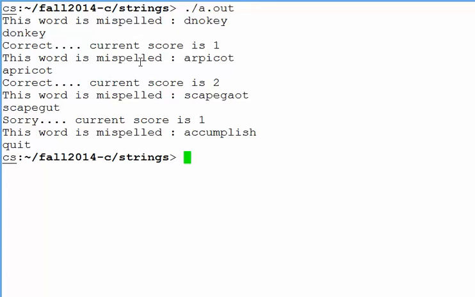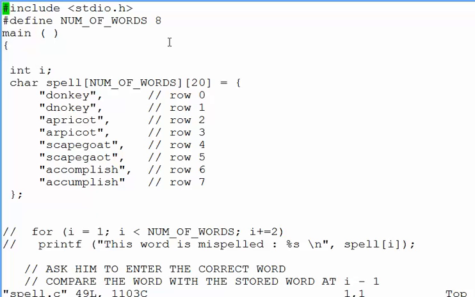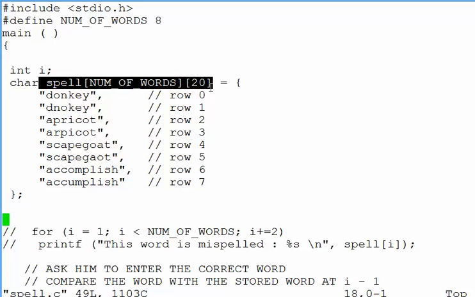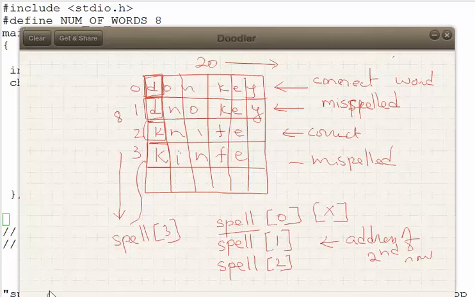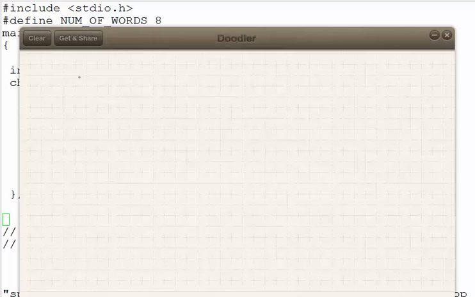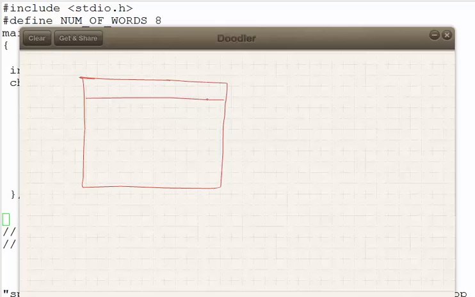So how do we accomplish this program? The initial data structure, I'm going to give it to you, and how you accomplish this is up to you. For instance, I am storing the words in a 2-dimensional array. It's up to you how you do it. The way I implemented,